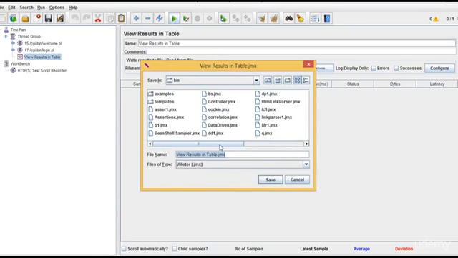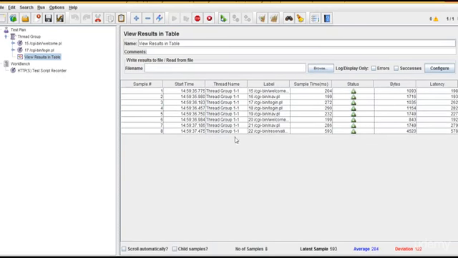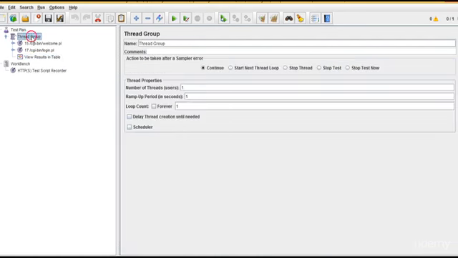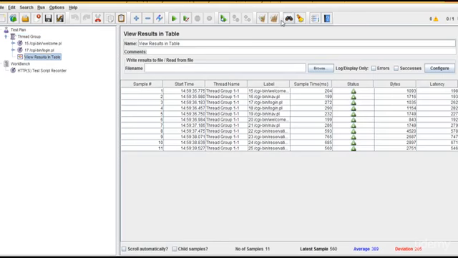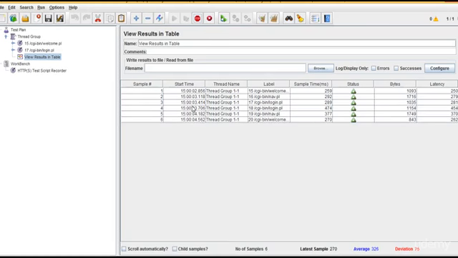Let's name it timers. You need to see 15, 17, and again 15. Let me start with a few more threads, then only I'll understand, right? So one user, let's go with 10 times. Let it loop for 10 times. Run it again, and now we can see